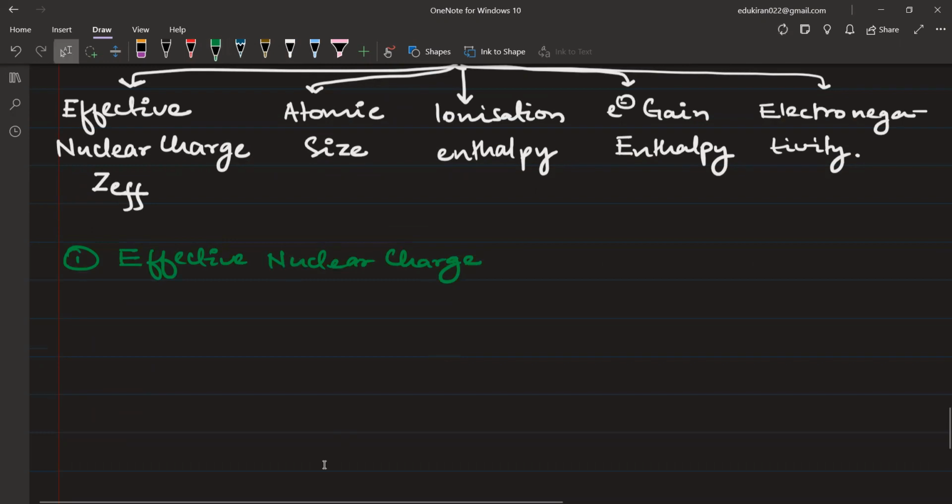Let us understand first of all what is effective nuclear charge, which is written as Z effective. Now if I look at protons, let us talk about the sodium atom here. So sodium will have 11 protons, right? And then there will be